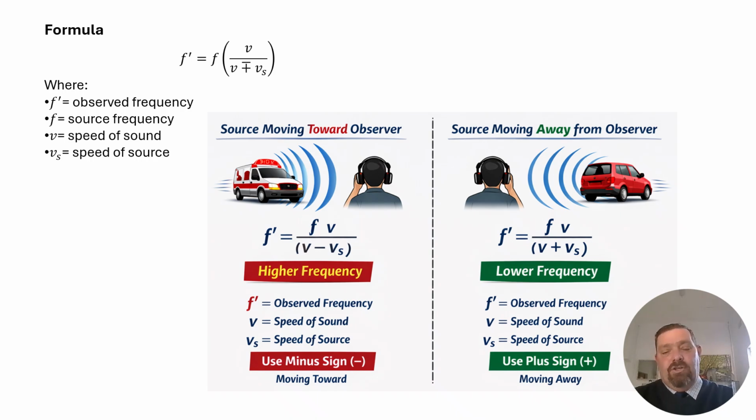This is the calculation that we use to figure out the frequency. So the frequency that the guy who's listening, the observer, hears is this f with a little umlaut on top. How do we calculate that? Well, we need to take the frequency that the source is making. So the ambulance has a particular frequency. Woo, woo, woo. We need to find that.